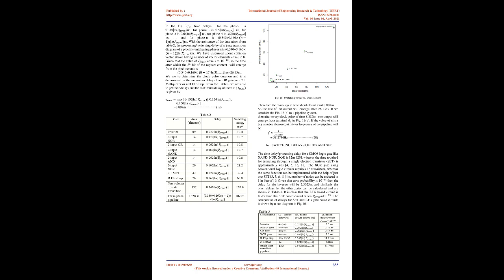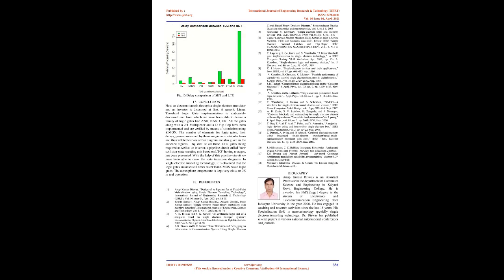We are to determine the clock pulse duration, and it is determined by the maximum delay of an OR gate or a 2:1 multiplexer or a D flip-flop. From the Table 2 we are able to get their delays, and the maximum delay of them is